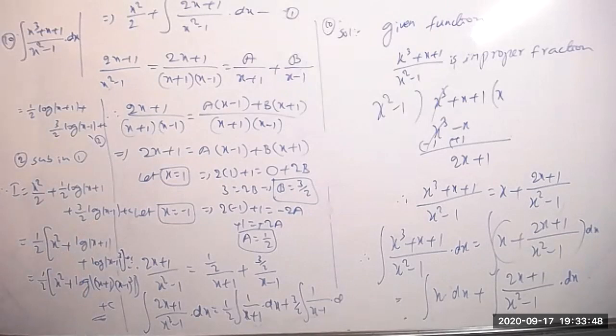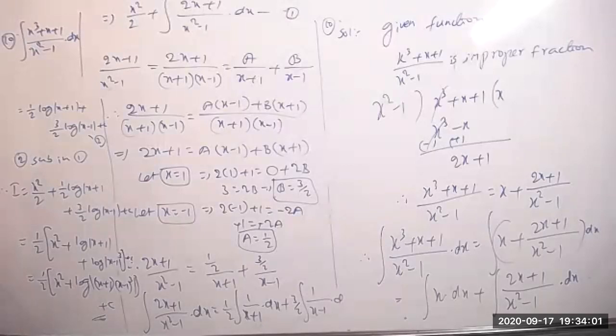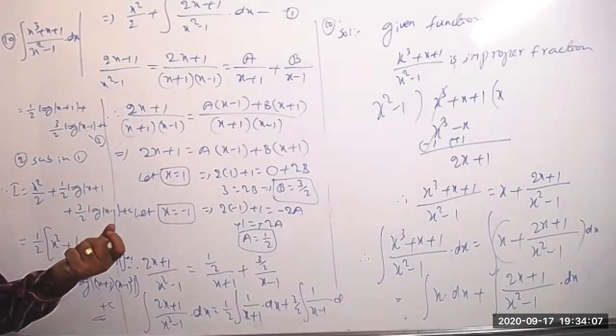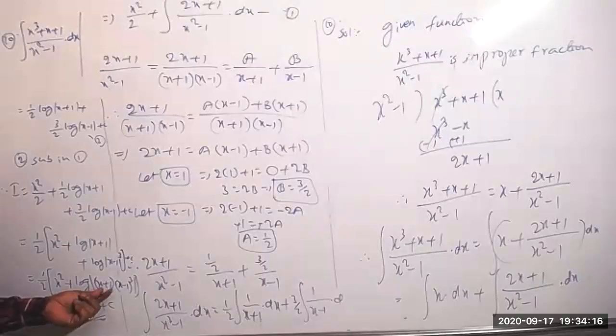Suppose you've taken A by x minus 1 and B by x plus 1, you got A B equal to 1 by 2. That means x plus 1 whole cube you will get. But obviously, all of you should remember, in any problem, like a square minus b square formula, always positive is first and negative is second. Sir, if you don't take like that, will we get the wrong answer? Suppose you take it the other way, maybe we will get x plus 1 whole cube into x minus 1.